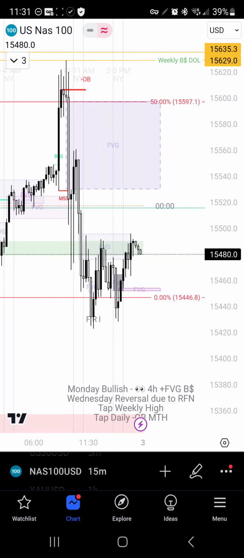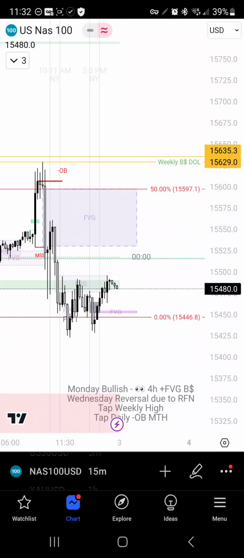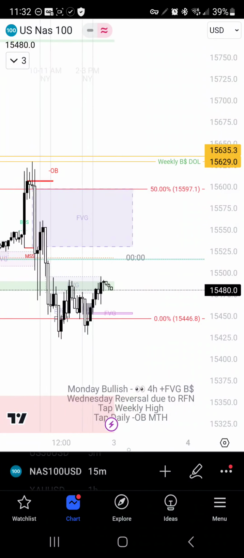Now again, once we get up into here, and my draws on liquidity have been taken, I'm going to be looking for bearish setups. And that's another thing with the news. Bad news could just push the market down. So we could go ahead and get some regular price action up until these draws of liquidity, and then we could see the news just tank this thing. So you just got to be ready for it. You just got to be ready for anything, and that's just kind of how I trade.